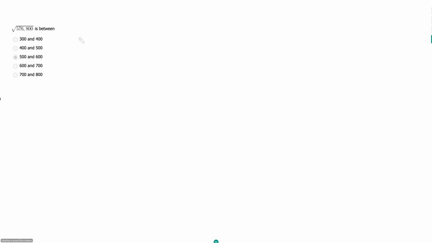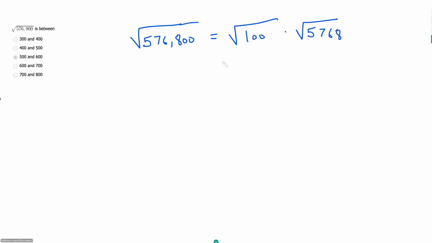what I would do is I would try to break this down, and I would try to extract as many perfect squares from here as I could. So for example, I know that there is a 100 in here because I got these two zeros at the end. And so I could say the square root of 576,800 should be equal to the square root of 100 times the square root of 5,768. And so this is just equal to, so the square root of 100 is 10 times the square root of